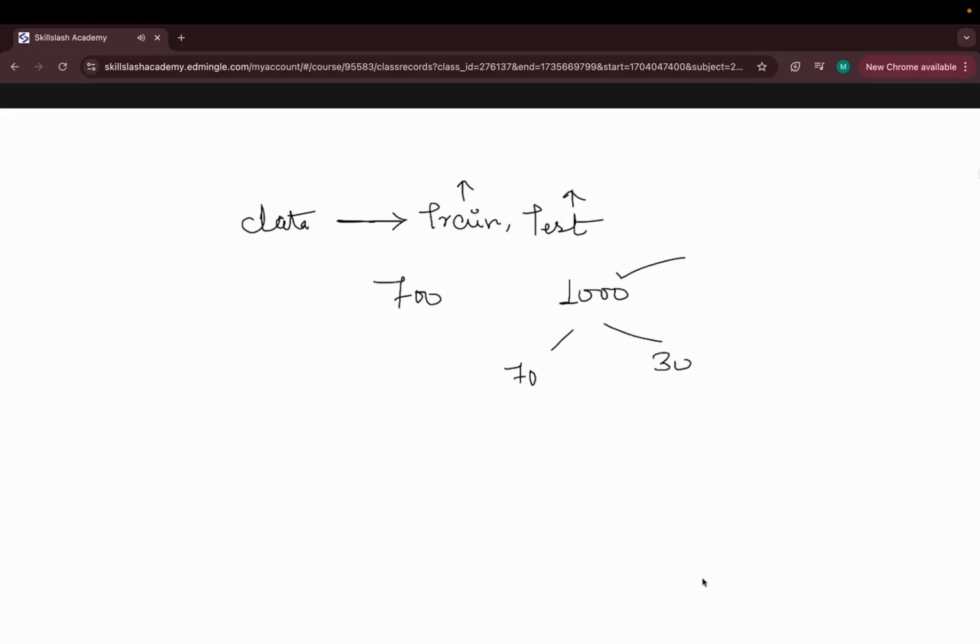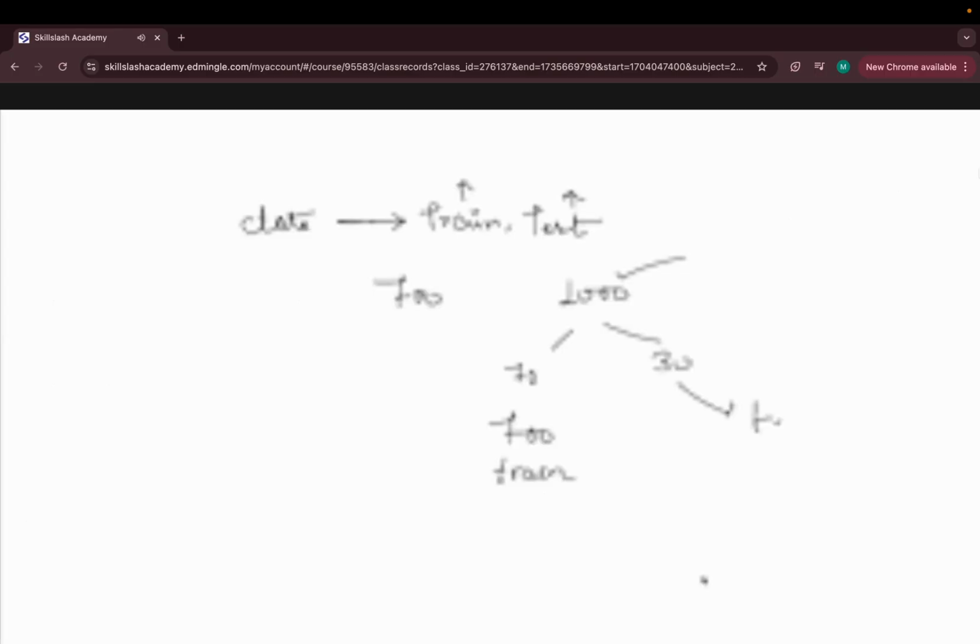So 700 entries will go completely to train my model, and the remaining 30% will go for testing the model, which means checking how the model actually works, and what the efficiency or error rate of the model is. That is what we are going to check.